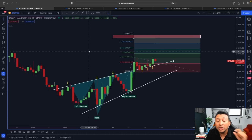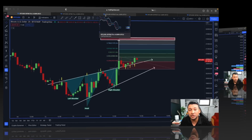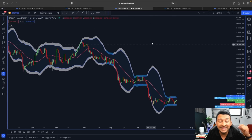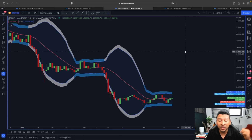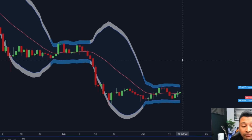And now let me also show you why some volatility could be entering the market, because if we look at this price structure here in a daily time frame and use this Bollinger Band, according to this Bollinger Band, if we look at this price action in a daily time frame, what we are witnessing right now, guys, is a squeeze, a Bollinger Band squeeze, which usually indicates some volatility might